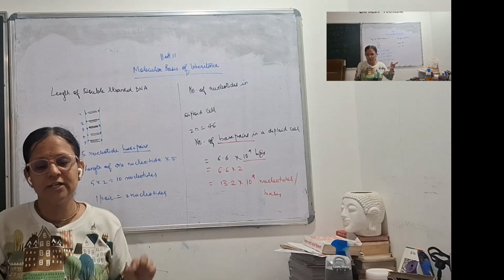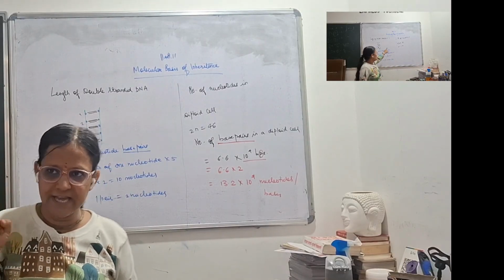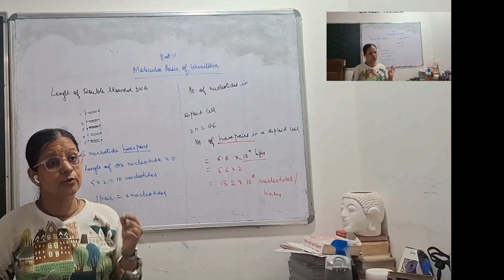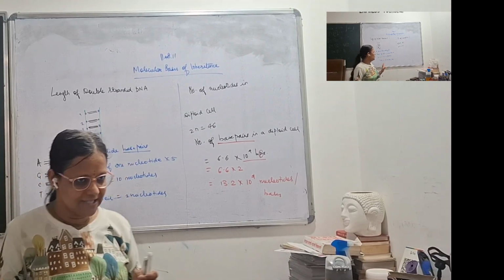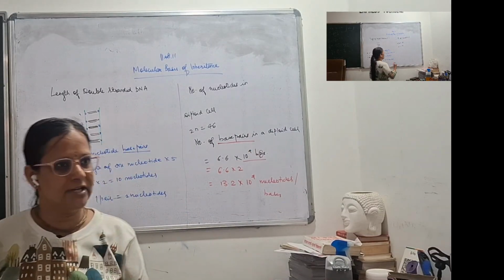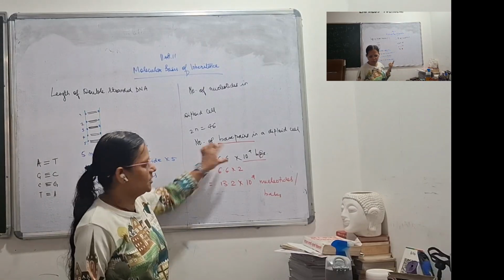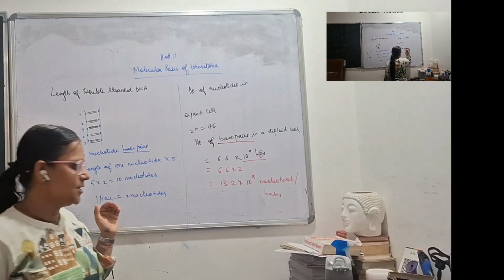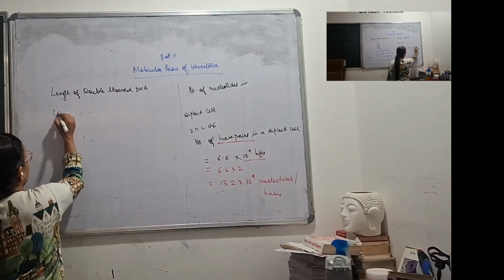So if a question comes that what is the number of nucleotides in a diploid cell, you will say 13.2 into 10 raised to 9. If the question comes that what is the number of base pairs in a diploid cell, you will say 6.6 into 10 raised to 9 base pairs. Is this clear? So you will have to remember this figure, only one figure. Then rest becomes very easy. Like what? Now in haploid cell, if I say calculate